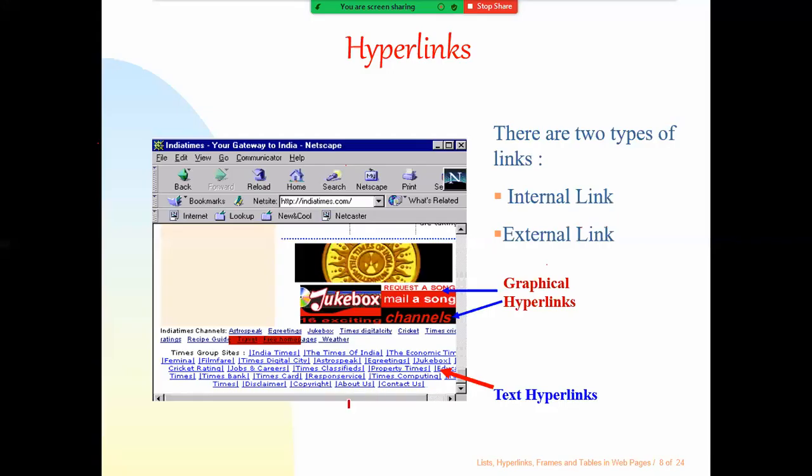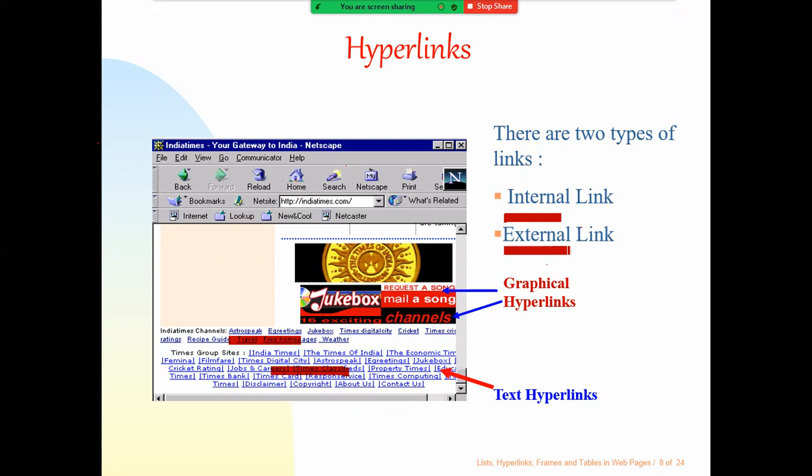So this is the example. These are examples of hyperlinks, different hyperlinks I'm having. Remember, hyperlinks are of two types: one is called the internal link, the other is the external link. What do the internal link and the external link mean? An internal link means you have links within your same website. Inside my website, I'm going to have links, that is, a link from one page to another page, or maybe a link within my page.